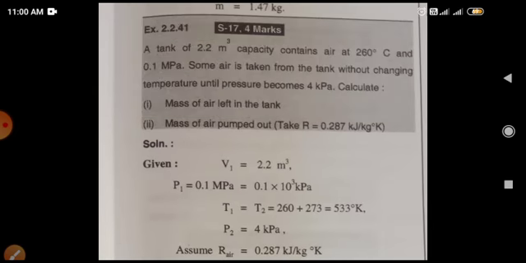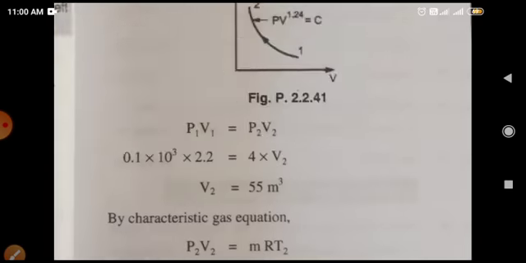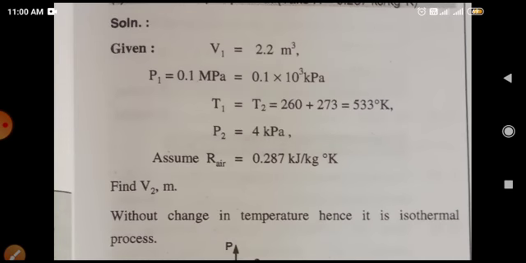Here is another problem I have given on the screen. See, a tank of 2.2 meter cube capacity contains air at 260 degrees Celsius and a pressure of 0.1 megapascal. Some air is taken from the tank without changing temperature until the pressure becomes 4 kilopascal. That means this is also an isothermal process. Find the mass of air left in the tank and the mass of air pumped out. So write all this given data